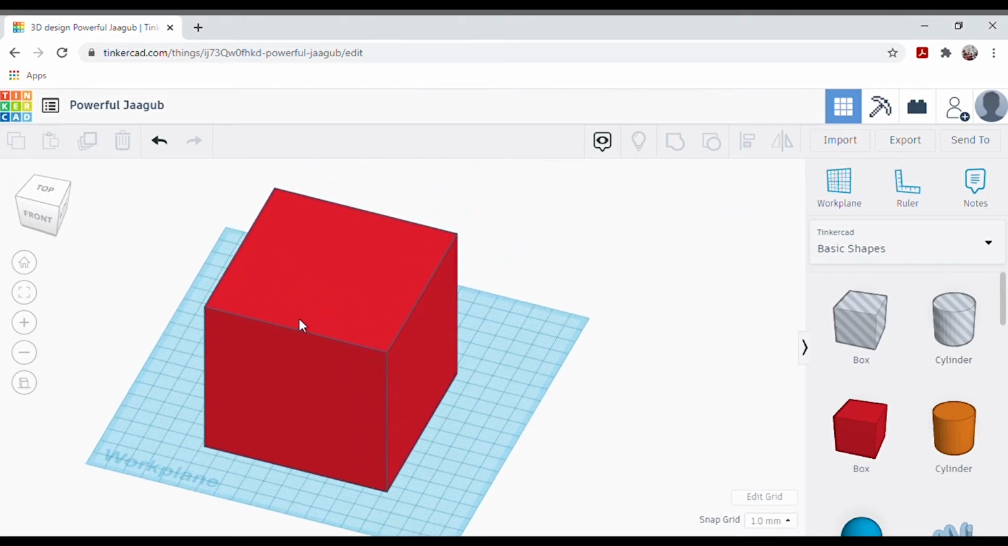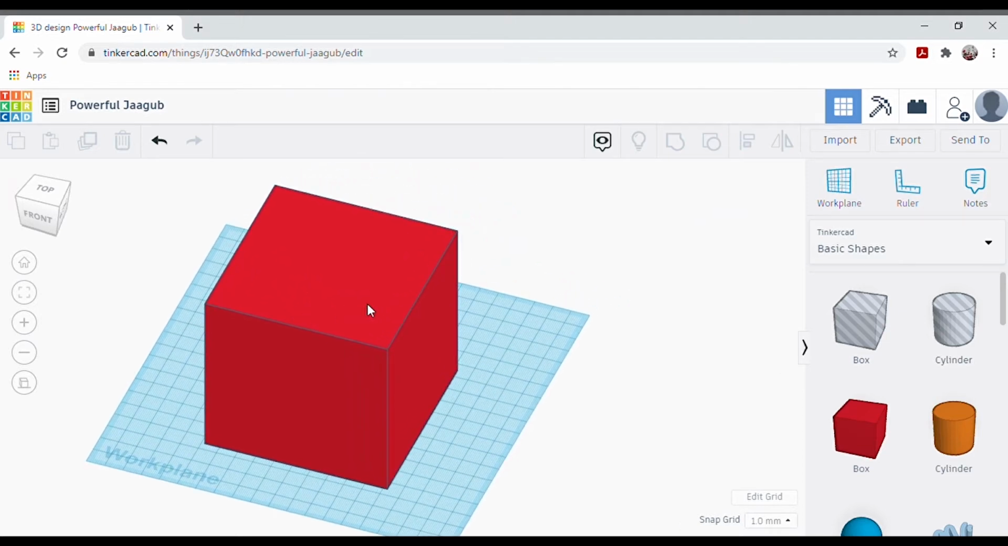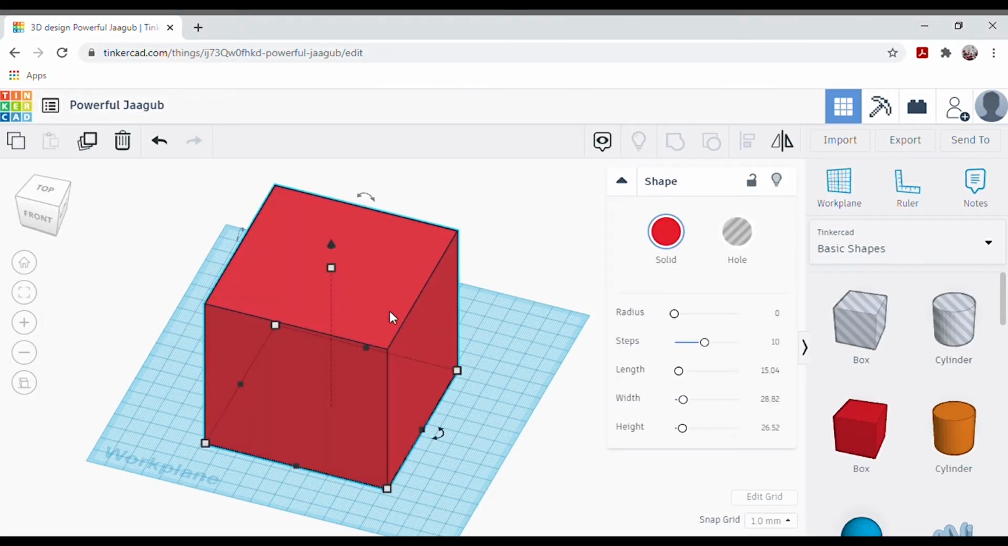But like any good house, we should be able to walk into it, right? To do that, we need to make this cube hollow. In Tinkercad, there are two shape modes that you can use and combine to make unique designs. If we click on our cube again, let's notice these options here, solid and hole. If I duplicate my cube using this duplicate button in the top left of our toolbar, and just drag it